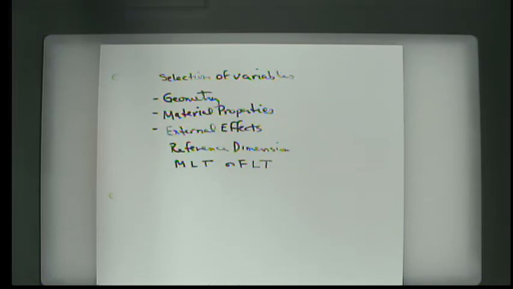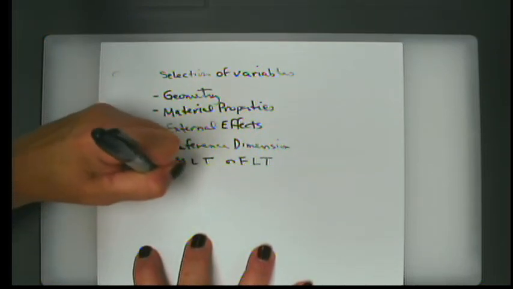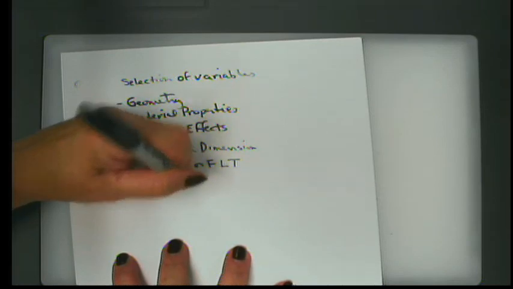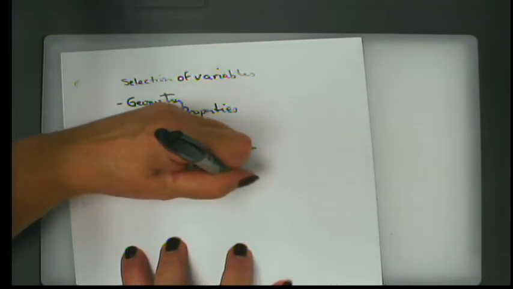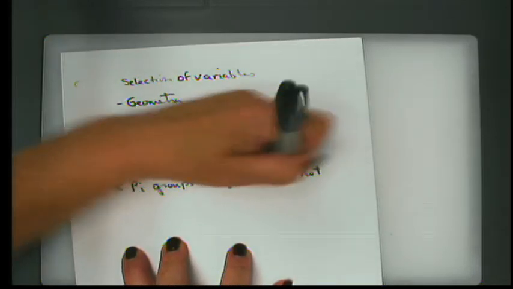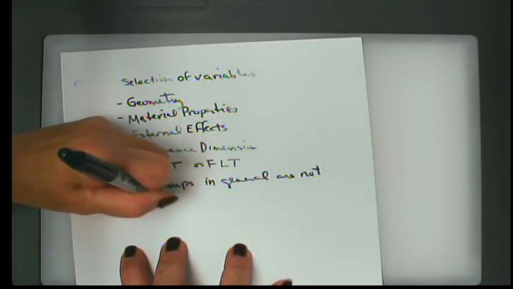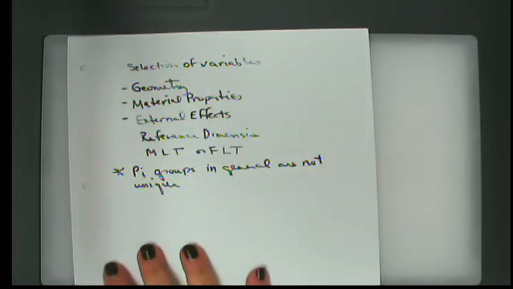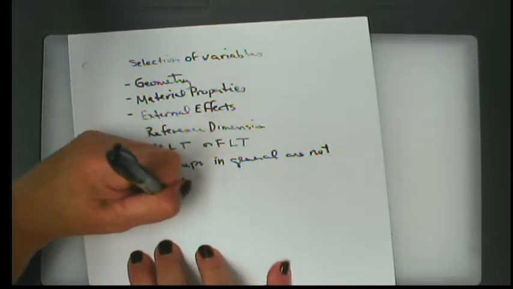There's one other thing I want to say before I get carried away with that. Pi groups, in general, are not unique. Now, how they'll graph out will be unique, but you are not always going to come up with the same thing. So, for example,